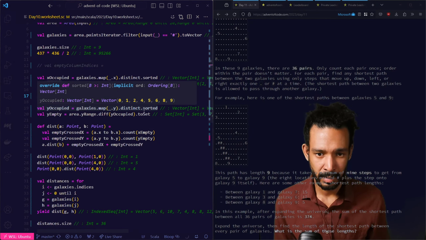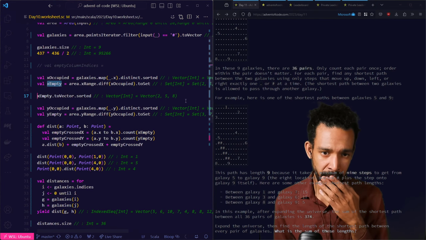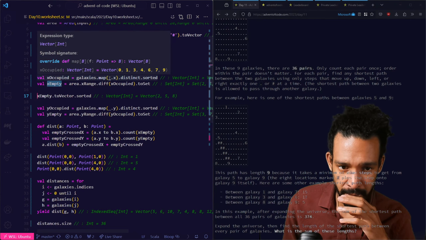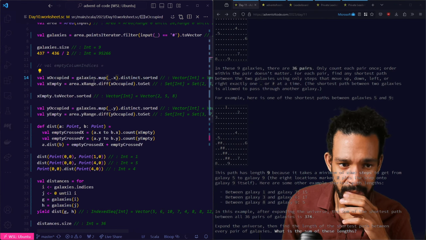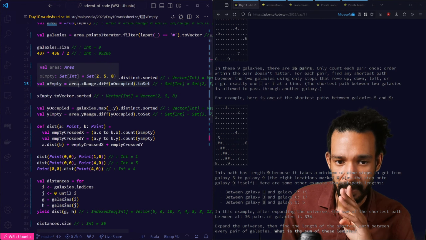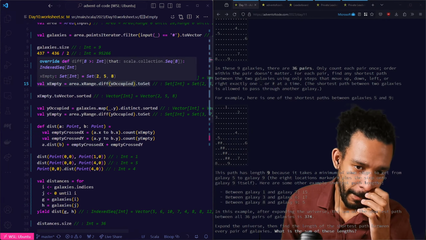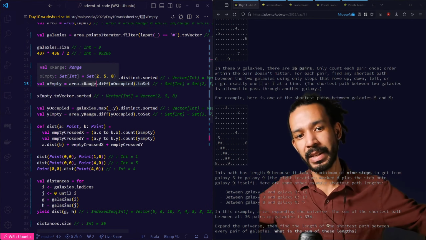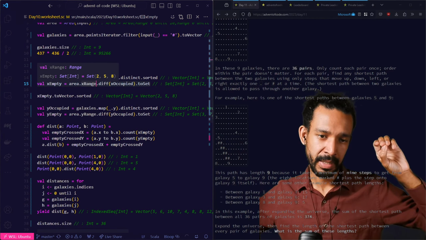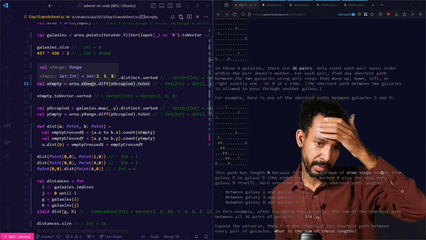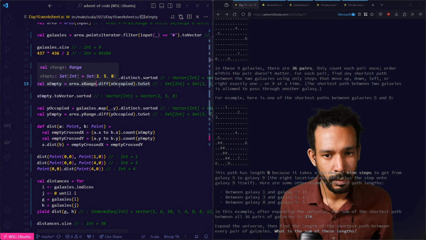Right, 258 are x empty rows rather. Did I mix up x and y here somewhere? These are the x locations. We have the x range. Oh, yeah, we're checking the x range, but this is actually the y empties, right? These are the columns that are empty, right? So if we swap something here,